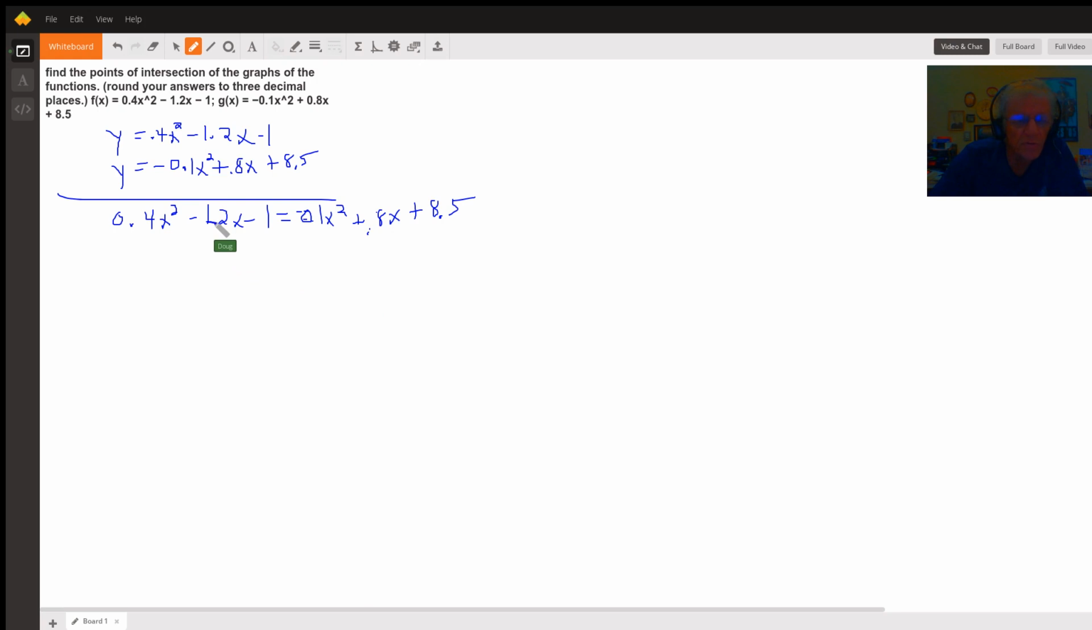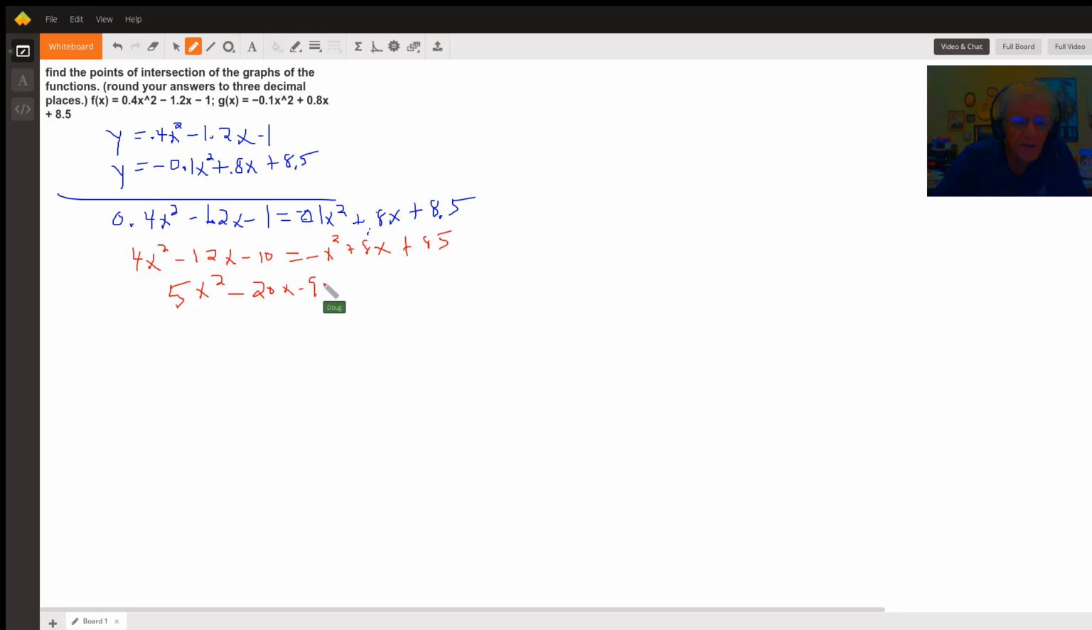So what I would do is multiply both sides of this equation by 10, because that'll move all the decimal points one place to the right, and we will be working with integers. So I would be doing this: 4x squared minus 12x minus 10 equals negative x squared plus 8x plus 85. Then this is a quadratic equation. We got to get it equal to 0. 5x squared, moving all the terms on the right to the left side, minus 20x